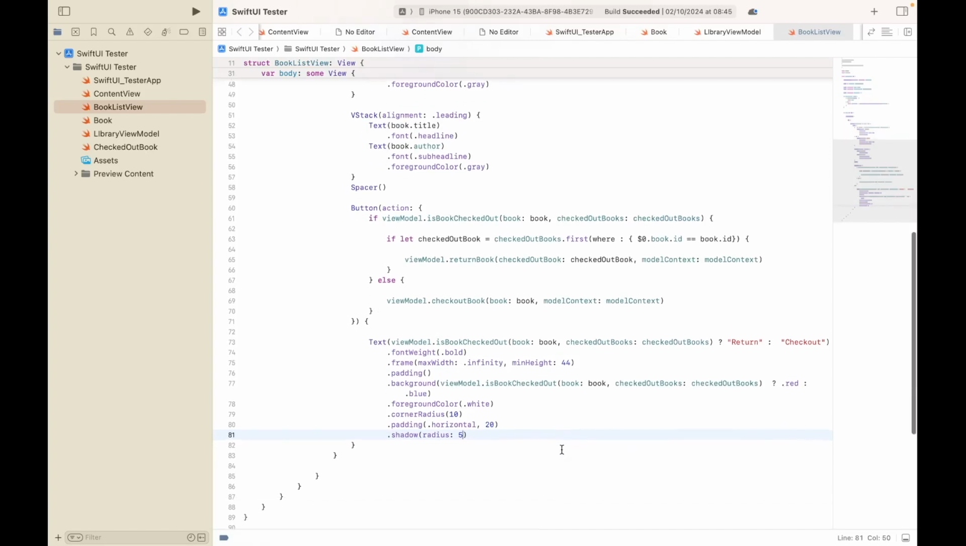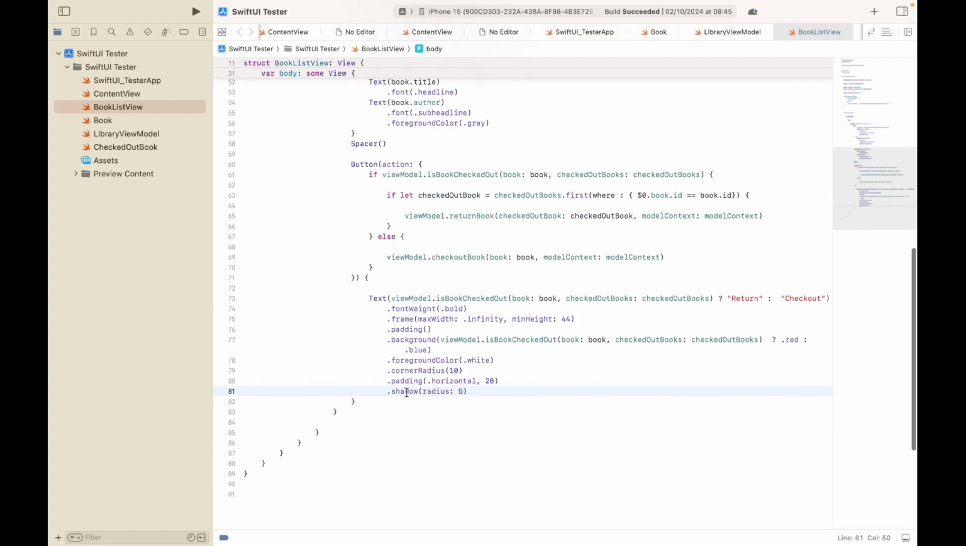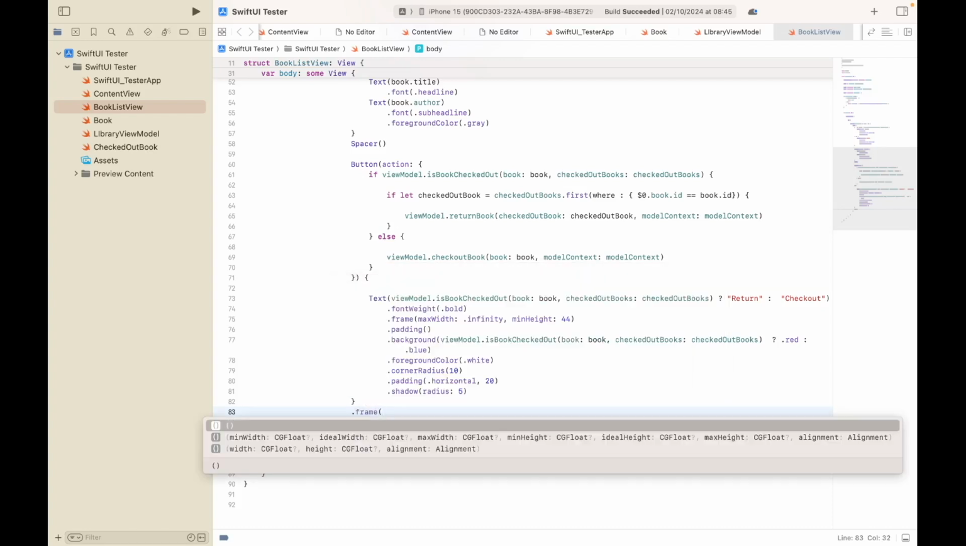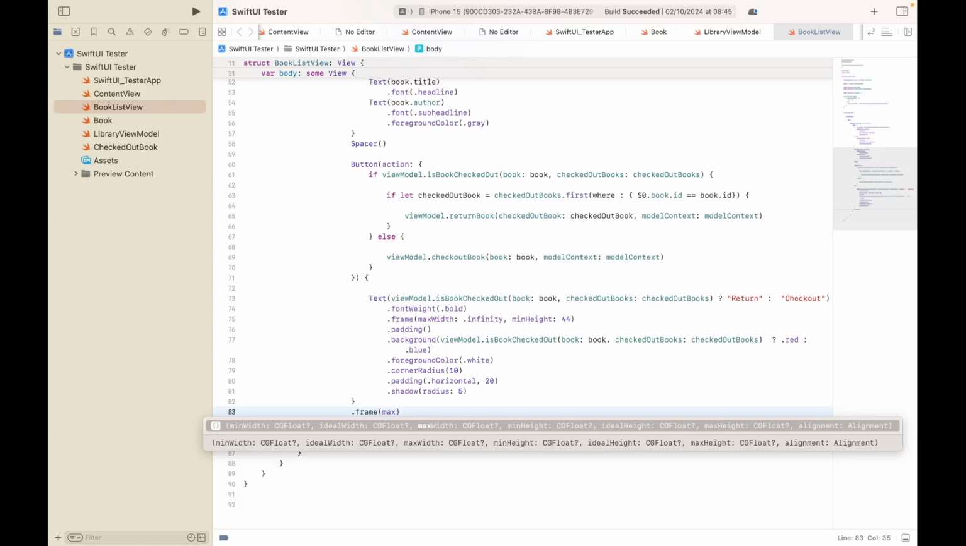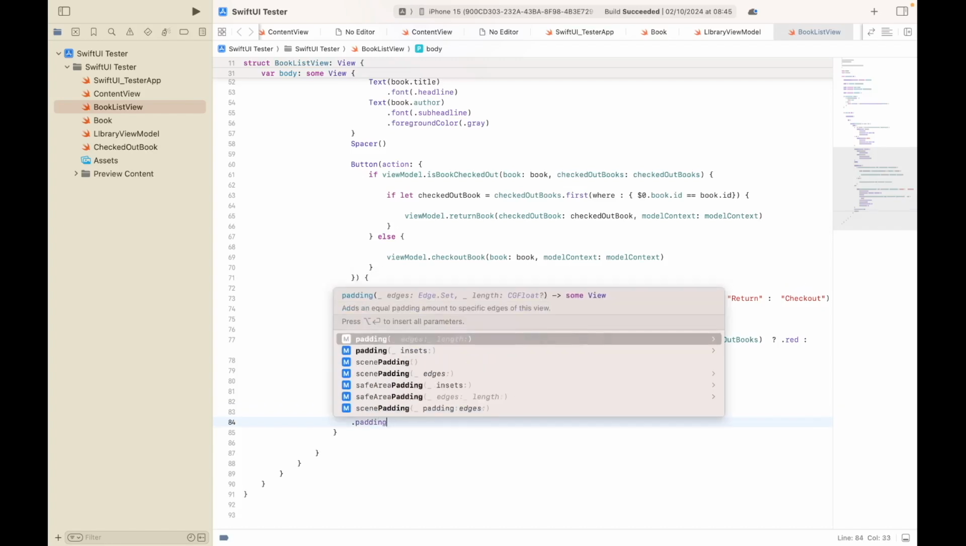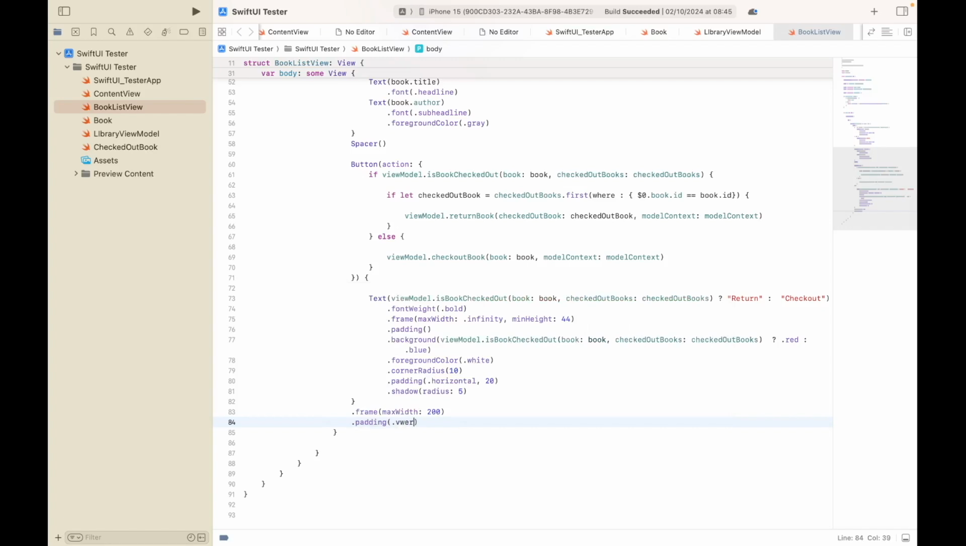and then the next thing we need to do is to set the fixed width for the buttons using .frame, maxWidth 200, .padding, .vertical 8,